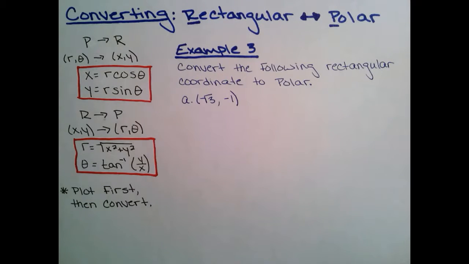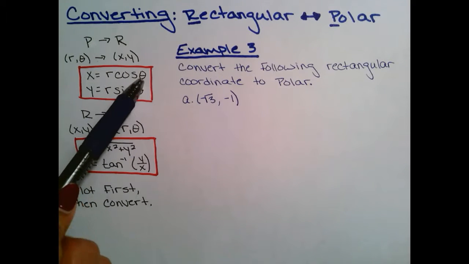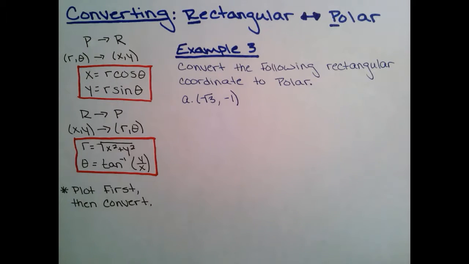It is very important that you stay consistent with your mode. If you are plugging in a degree, like 30 degrees, make sure your calculator is in degree. If you are plugging in a radian, like if this said 3 pi over 2, and that's what you're going to put here, make sure that your calculator is in radian. For this video, I personally will be working in degrees. Okay? So now, if we want to go the other way, from rectangular to polar,